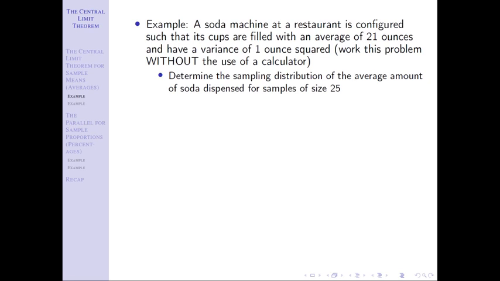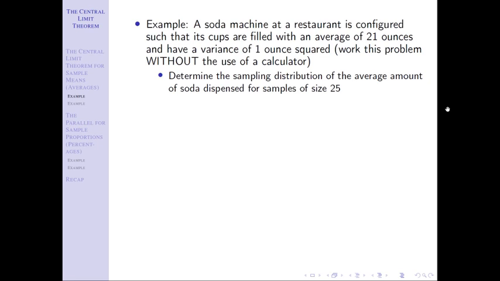There's nothing in the problem that tells me anything about whether I have symmetry or skewness. There's no picture. You don't see the word symmetry, normal, bell curve, or skewed. You don't see anything like that. So knowing that I did not reach that threshold of 30, I would say that X bar could be considered approximately normal if X has some symmetry. If X doesn't have symmetry, then I could not say it's approximately normal. Okay, so that's the shape.